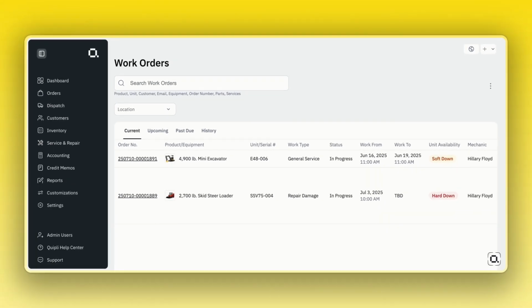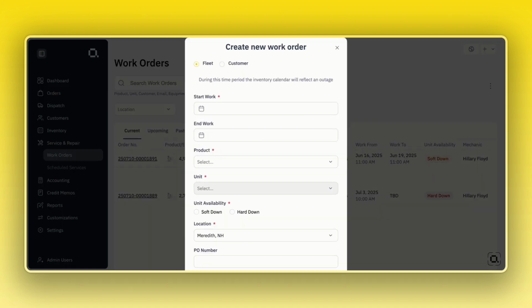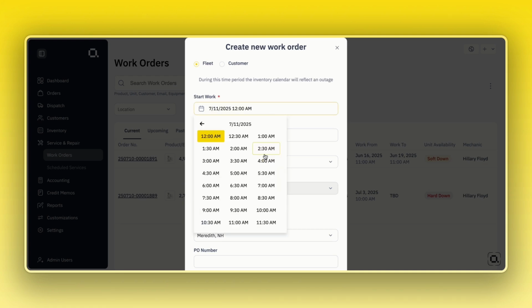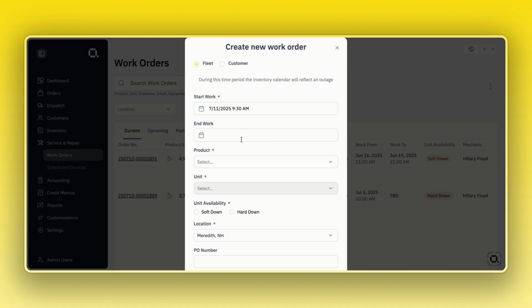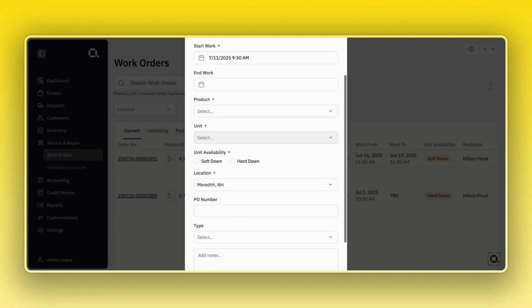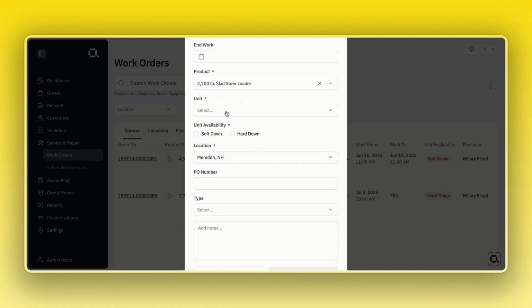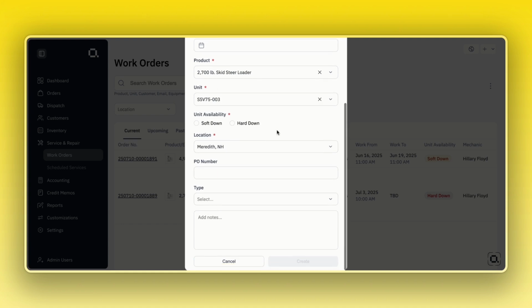To create a new work order, click on the ellipsis in the top right corner and select Add Work Order. From here, you'll be able to select whether the work order is for your internal fleet or a customer repair. Then you can add a start date and time, and optionally you can add an end date if the timeline is known. From here, you'll add the product and the unit number, and then you can mark the unit availability as soft down or hard down. Marking it as soft down will keep the unit available, whereas hard down will remove it from your availability until